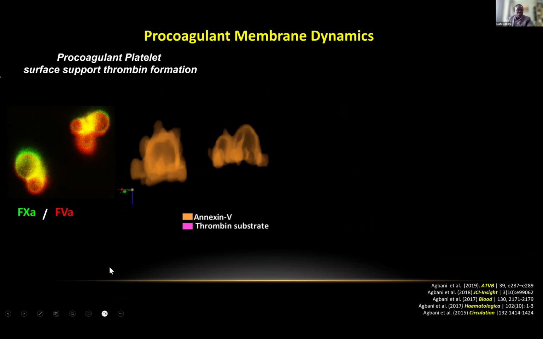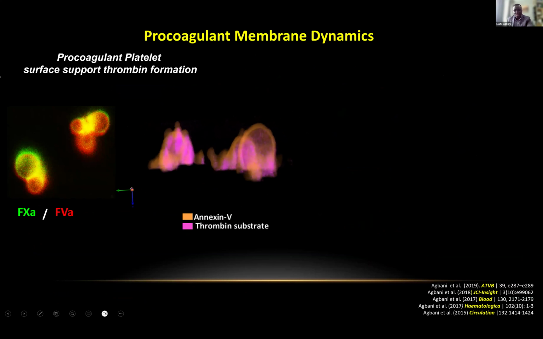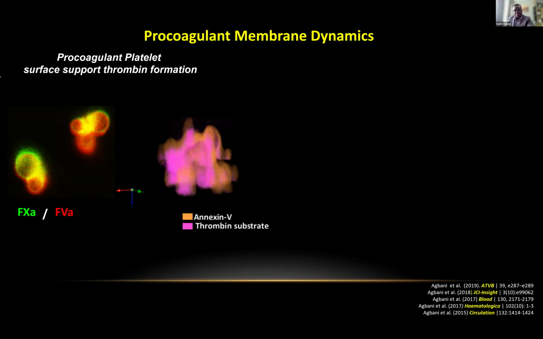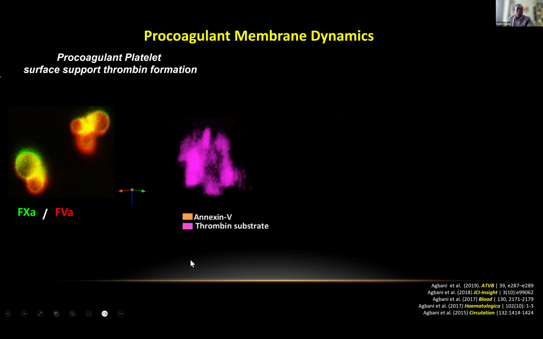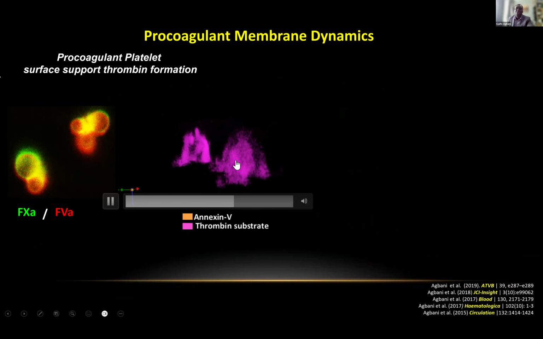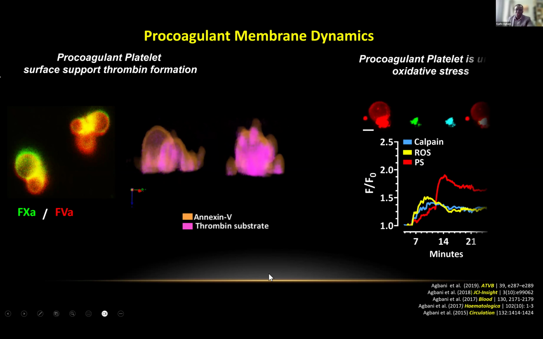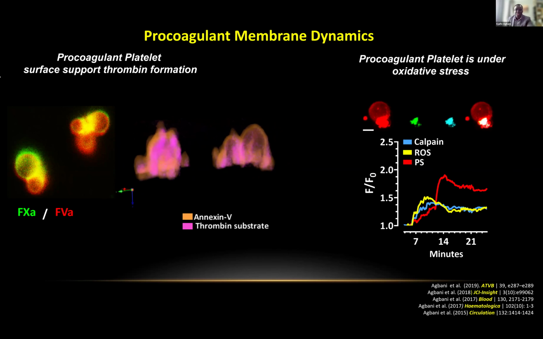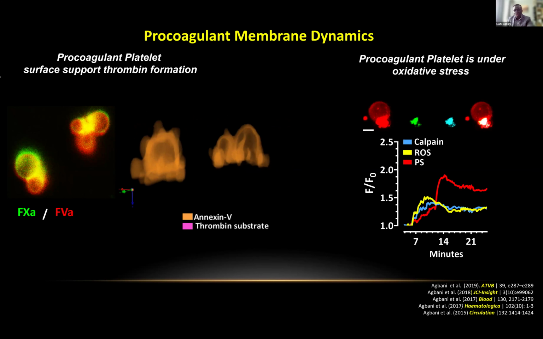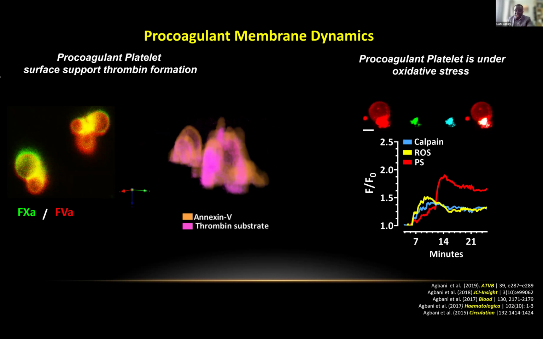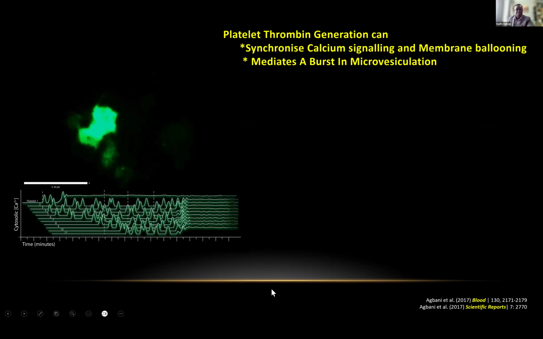And this is because we were able to visualize the binding of recombinant factor 5 and factor 10, which is the protein complex on the platelet membrane. We were also able to use an antibody to thrombin to visualize thrombin on the membrane of the platelet, and that's what we're looking at here. Now, during the course of this experiment, we also noticed, as widely reported in the literature, that the procoagulant platelet is under oxidative stress. So perhaps this is another feature that could be used to identify and to selectively target this platelet phenotype for therapeutic effects.